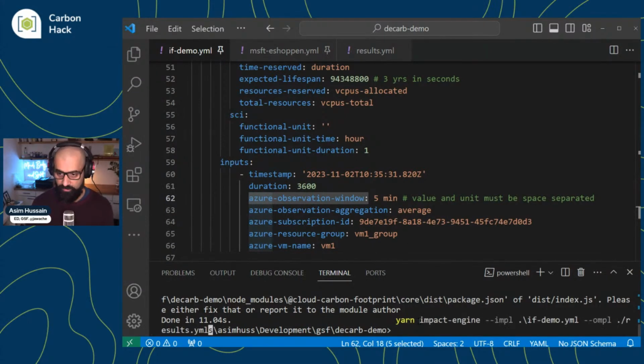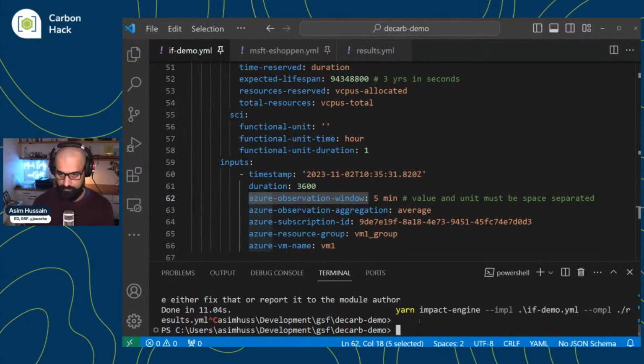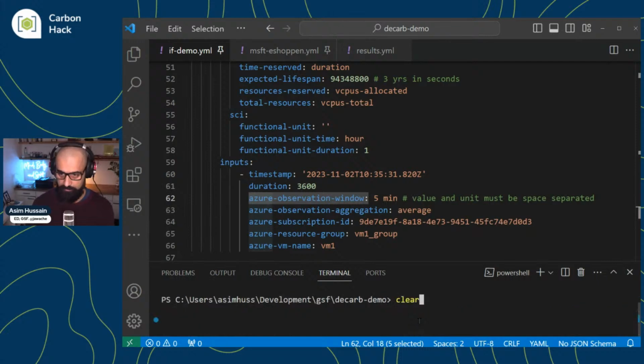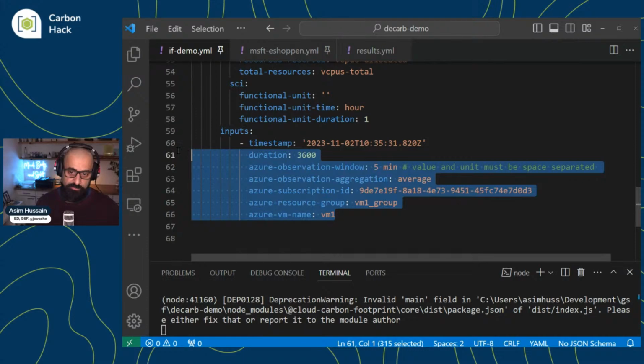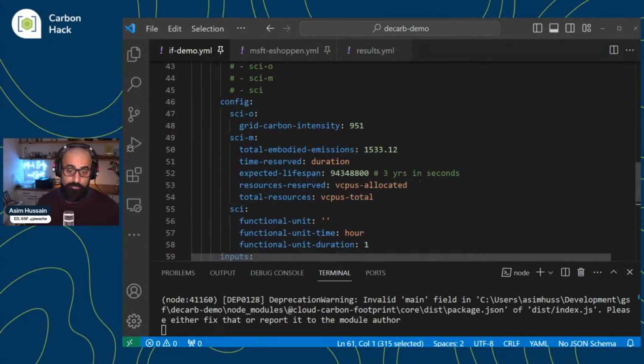And then you just run impact engine, passing in this YAML file and an output YAML file. It's basically taking this data and passing it to that model pipeline, and it'll give you a file which you can look at in a second. Let me just wait for it to execute.